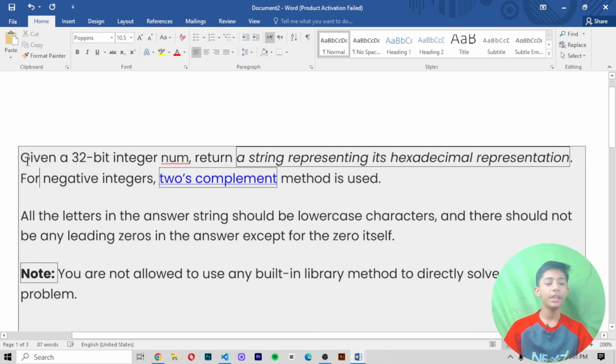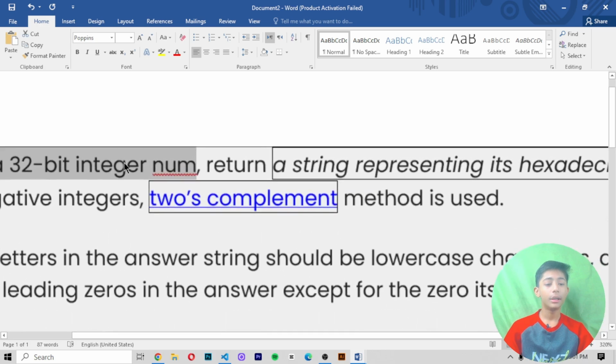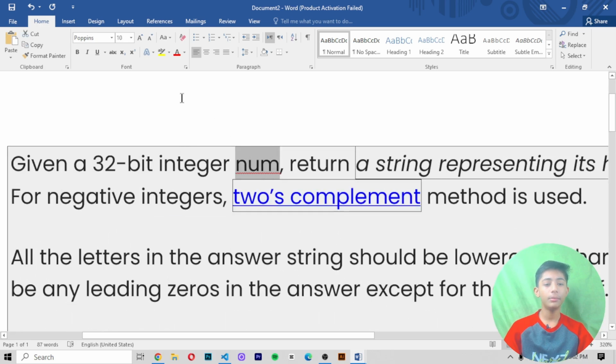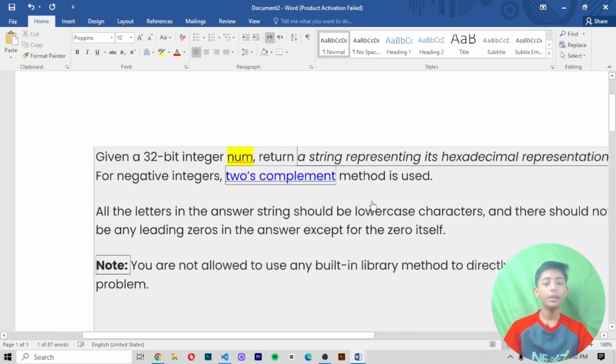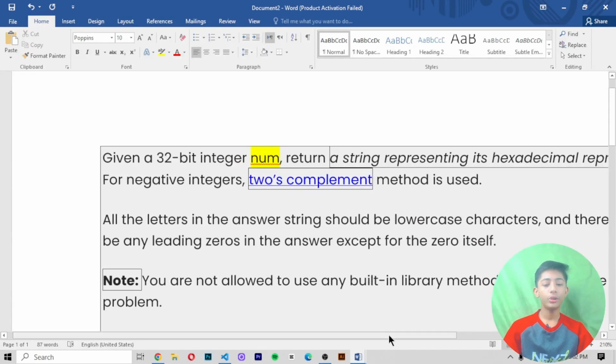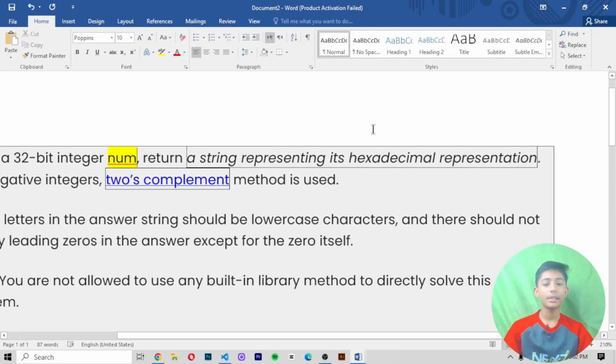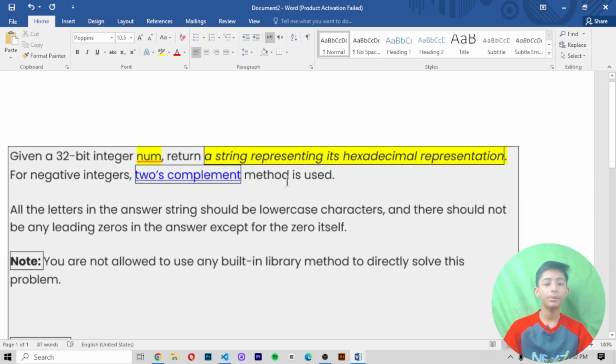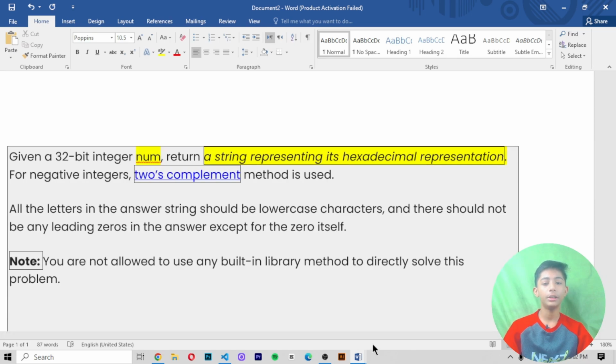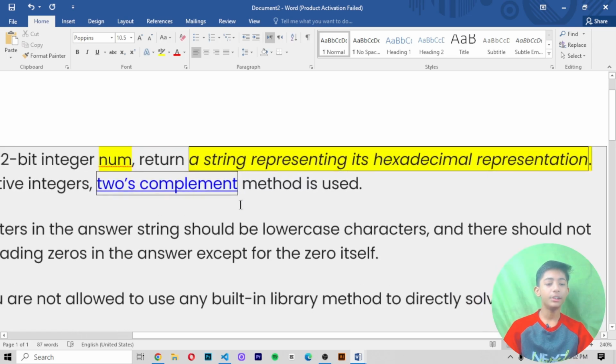It says: given a 32-bit integer num, return a string representing its hexadecimal representation. For negative integers, two's complement method is used.